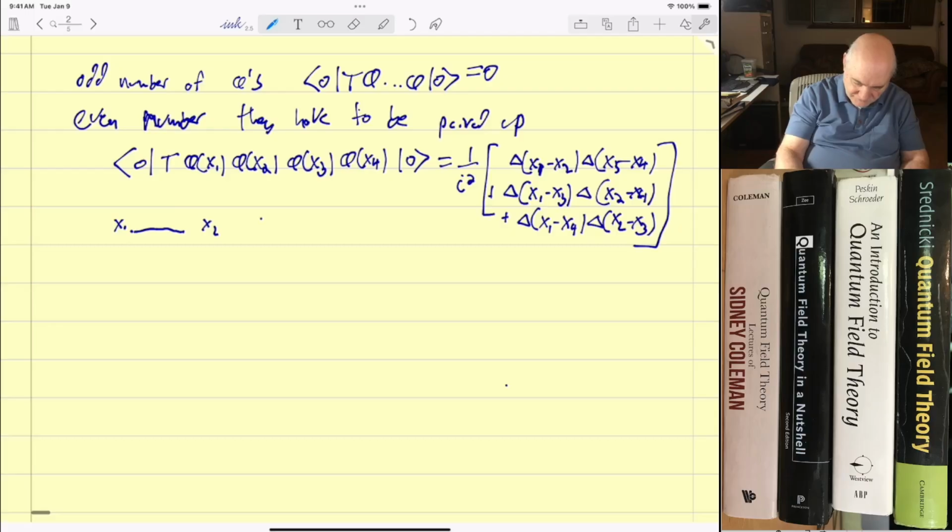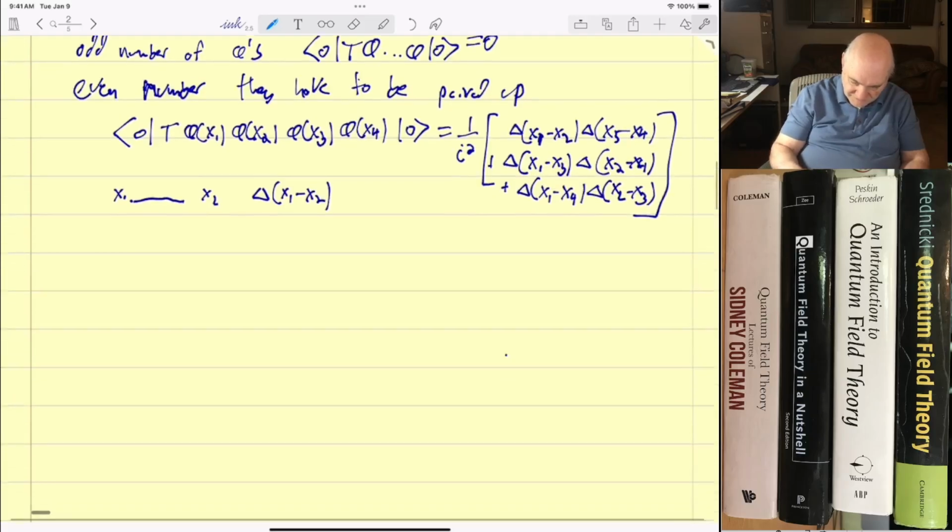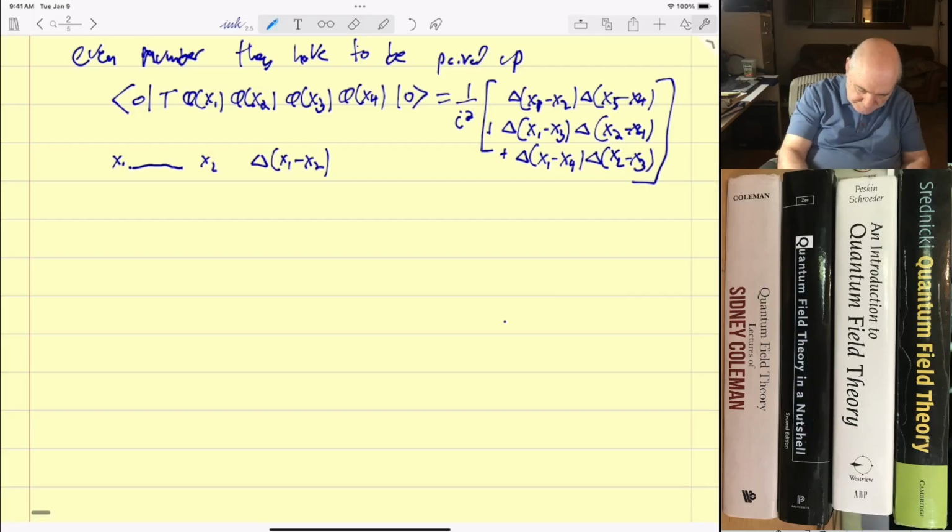So this is just basically, I'm leaving out the factors of i. But now if we have x1, x2, x3, x4,